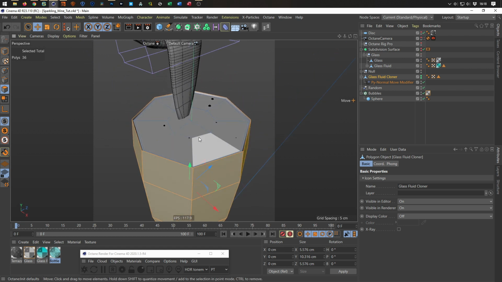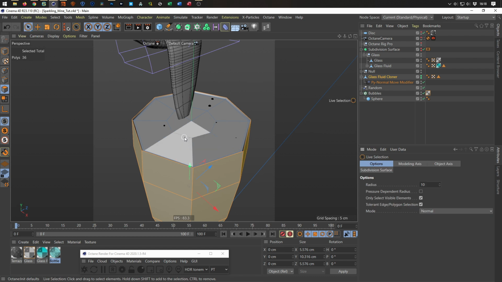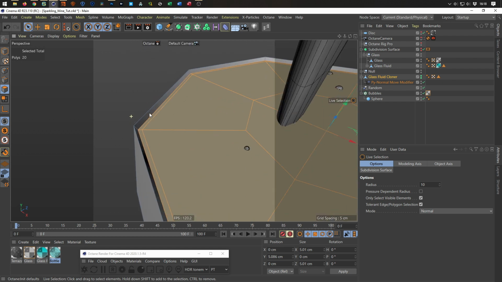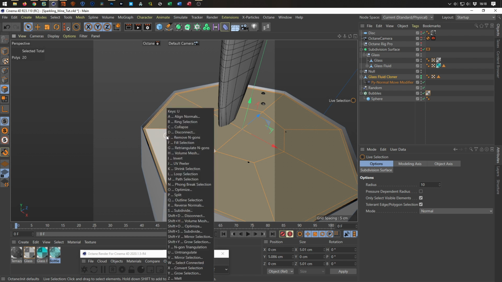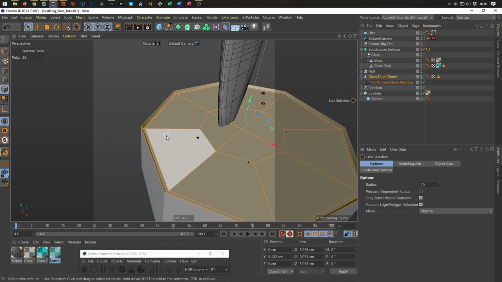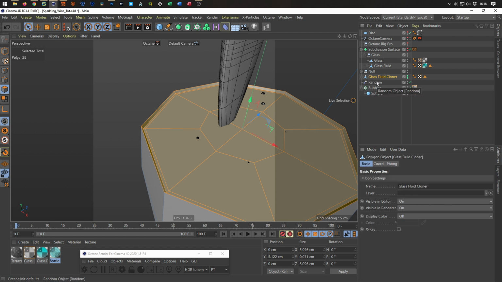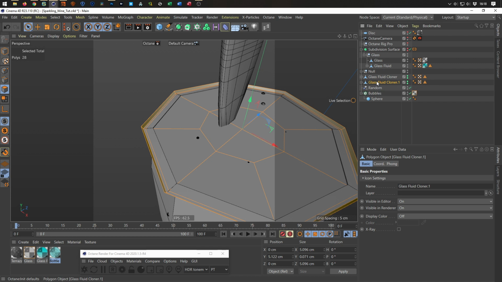So I need just the top, so I select this in the middle, and with UI I can grow the selection. 1, 2. This should be fine, I think. Yeah, maybe one more to get some of here too. Why not? We can change this later. We can just delete then later. UI. So okay, and again UP to split it. Whoops. So this is cloner top,